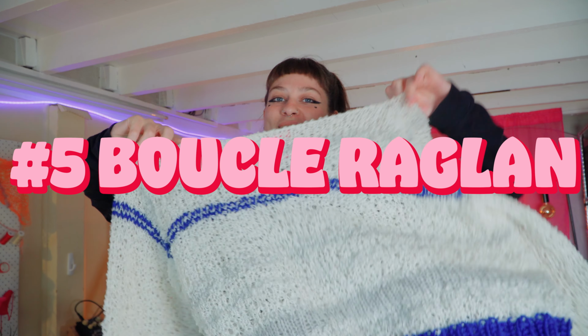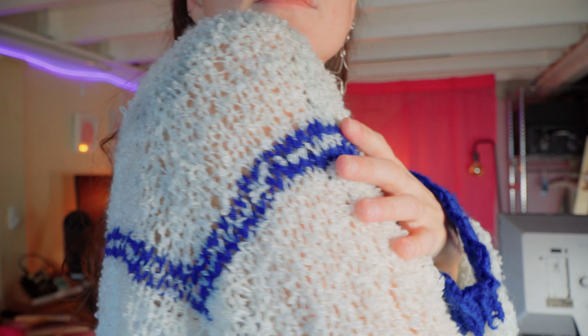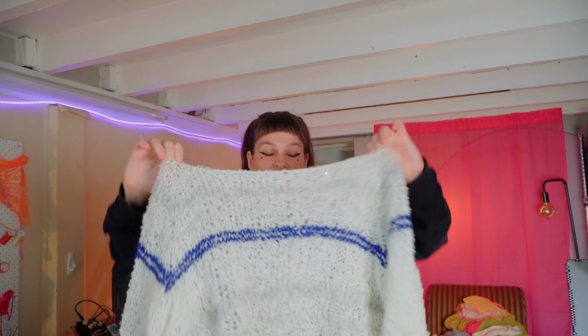This is another sweater that I made. This is an acrylic boucle yarn with some blue acrylic in the ribbing, all the ribbing, and some little details as well. And I also really like this. It's an oversized raglan. I actually really love this jumper, you know. It's definitely best as a layering piece because it can be quite itchy, but if you wear it over something, like over a shirt or over a long sleeve shirt, it is really, really comfy. But I personally don't like it on my skin as such because...